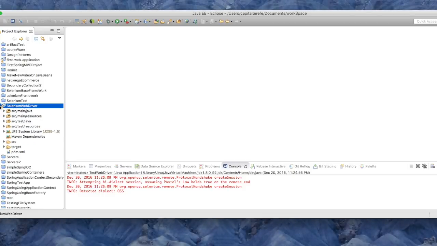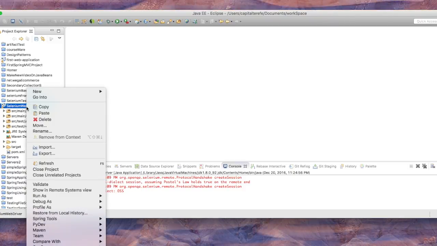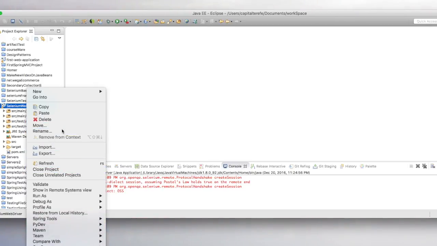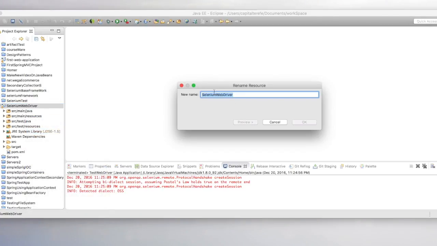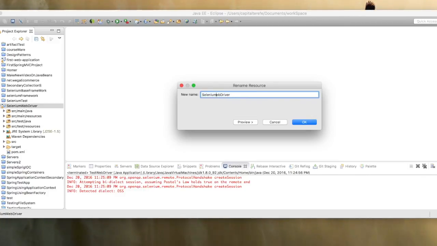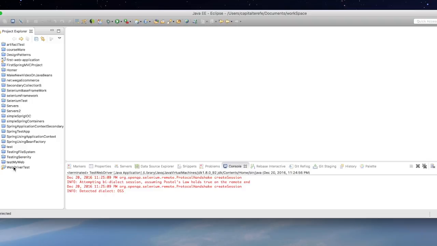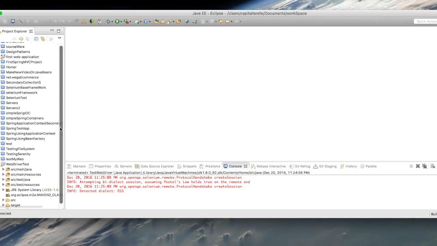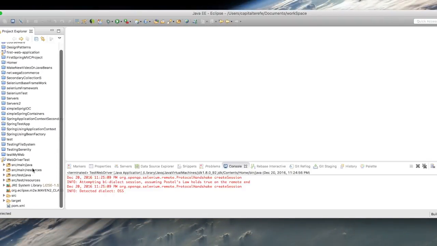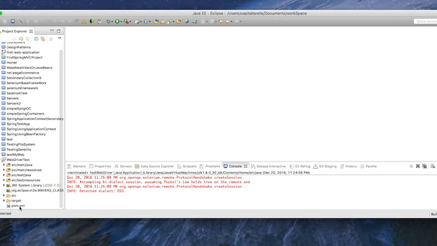So let me go ahead and open it. Let me do this one more time. Let me refactor. Let me just put WebDriver because I don't want to mix with any other project. So let me just put just WebDriver. WebDriver test. Perfect. So on this Maven project, this is my Maven project structure, and we have this